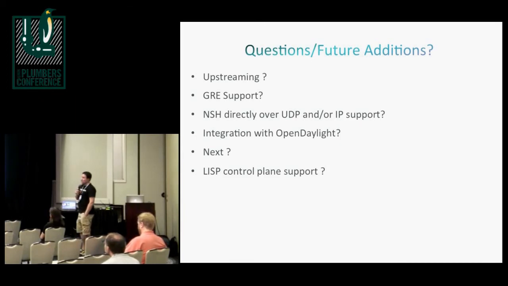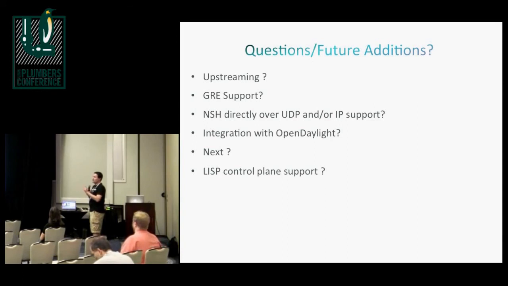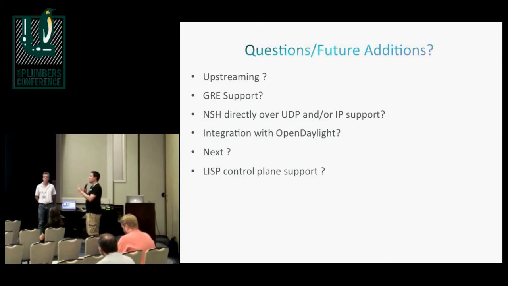Well, I'm going to answer quickly, and then I'll let Vina either expand or tell me I'm wrong. Originally, one of the big problems that LISP was designed to solve was IP mobility, by separating the endpoint from how you get to the endpoint. For example, an area where LISP is currently used is mobile phones with IP addresses as you're roaming across networks or between Wi-Fi and cellular. It utilizes the whole mapping system, the control plane, for that solution. So it was designed to solve a slightly different problem, but maybe.